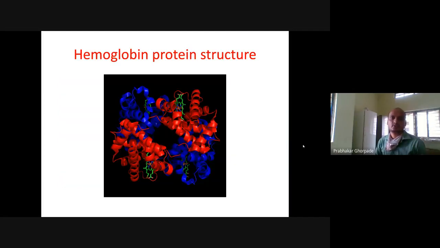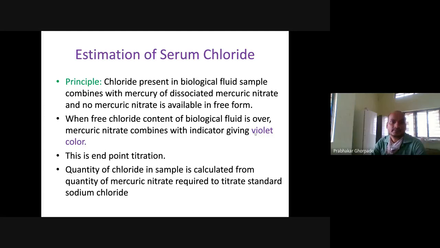Regarding hemoglobin protein, when we say protein, you should remember there is a simple one-dimensional structure of amino acids simply joined together, and we can have the protein like this. This is the 3D structure, or quaternary structure. So this is the three-dimensional structure of the protein. That was about glucose and protein.